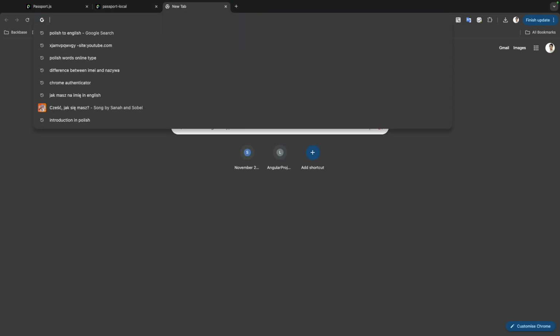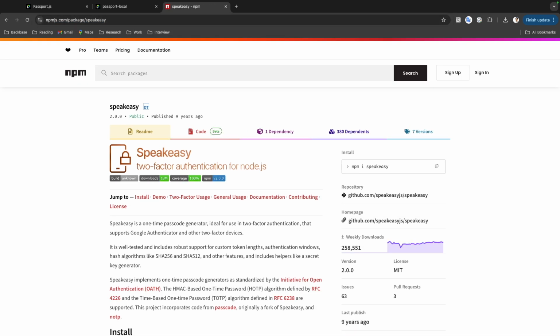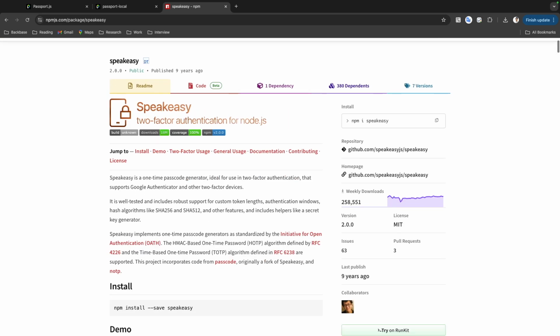And the other package which we are using, I will just go to npm and search Speakeasy. This is Speakeasy. It provides two-factor authentication for our Node.js application. Speakeasy is a one-time password generator, and it is basically used if you want to include MFA in your project. It also supports Google Authenticator or any other two-factor authentication device. There are a couple of authenticator apps like Google Authenticator, Microsoft Authenticator, Authy. Any authenticator which you have on your device, you can just use it and Speakeasy will